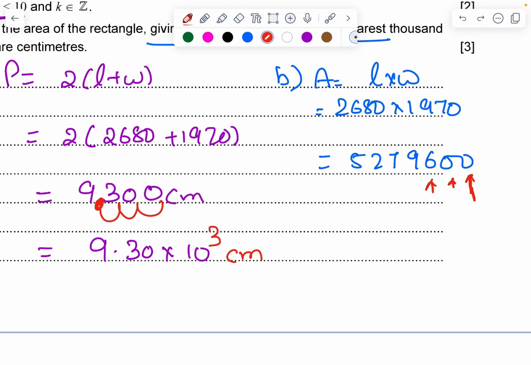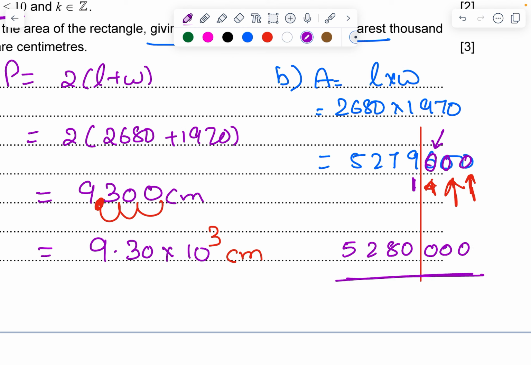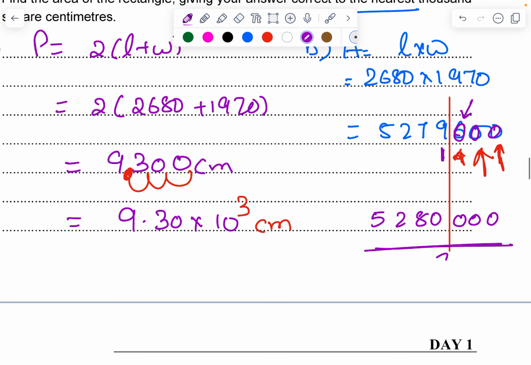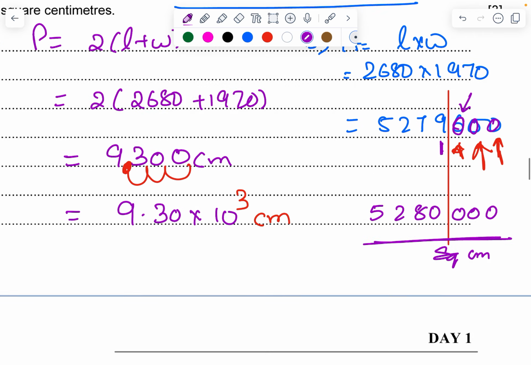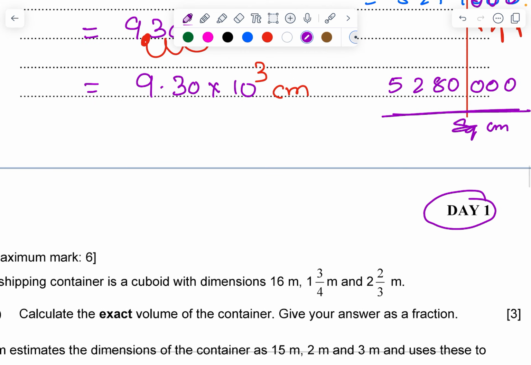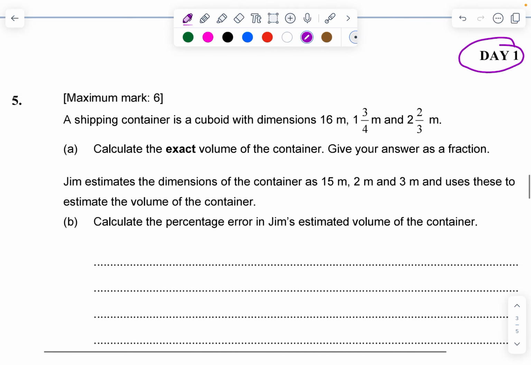this is units, tens, and thousands. Draw a line over here and see that if this number is more than 5, add 1 over here and make all these zeros. So it becomes 5,280,000. This is going to be the nearest thousands for finding the area. Square centimeters. So that's the questions for day 1, and the last question for day 1,